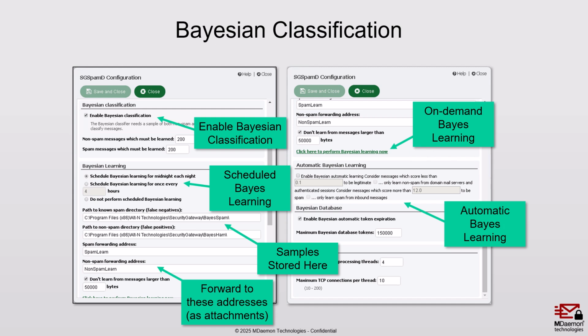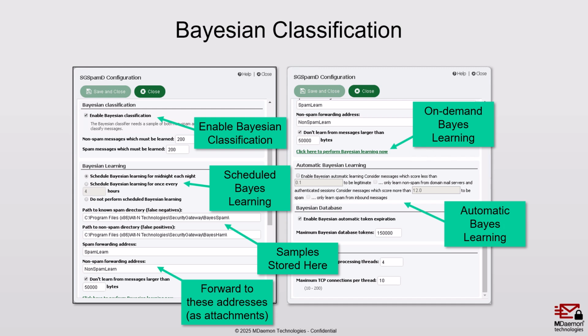Notice, by the way, slightly below that, you have thresholds where you can specify the number of messages that are required before non-spam and spam messages are learned. In other words, the default is 200 messages. In other words, you'll want to feed it 200 samples of spam and 200 samples of non-spam messages. These samples are broken apart into the various different components, or what we call tokens, and fed into what we call a database, a database of spam-like and non-spam-like tokens or snippets of information to help Security Gateway recognize spam